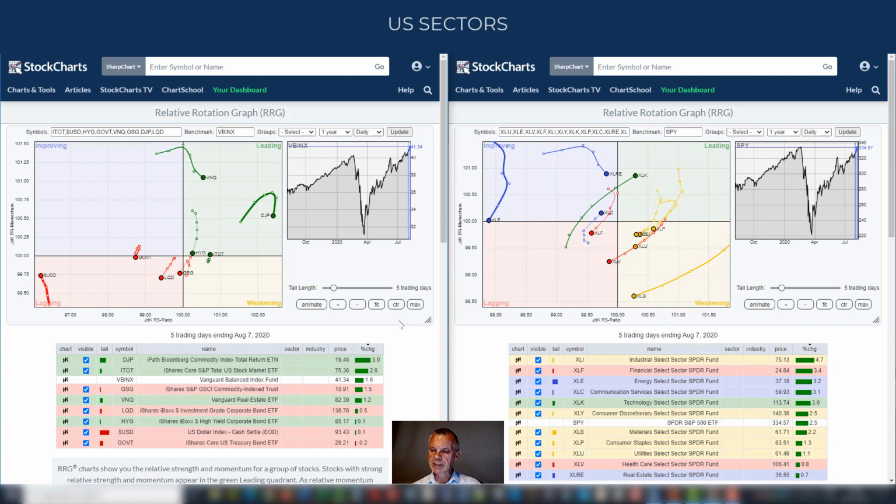Let's move to what happened in sectors. Again, this chart, daily RRG, also ending last Friday. And we can see here SPY 2.5%, in line with ITOT, not surprisingly. And we had a pretty broad participation in the outperforming sectors. Leading last week was industrials, which is pretty good, as well as financials, energy, and then we have communication services and technology picking up pace again. And consumer discretionary is matching what's happening in the S&P 500, and underperformance was there for materials, staples, utilities, healthcare,